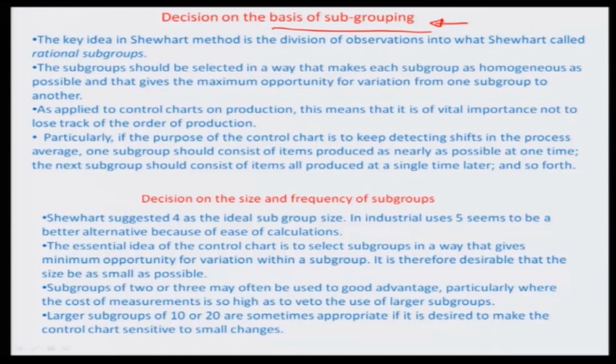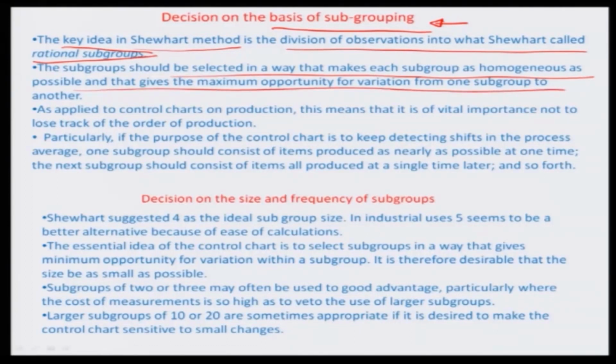But this idea was first proposed by Shewhart. The key idea behind this method suggested by Shewhart is the division of observations into so-called rational subgroups. The subgroup should be selected in a way that makes each subgroup as homogeneous as possible and gives the maximum opportunity for variation from one subgroup to another, and this is something which you really have to know